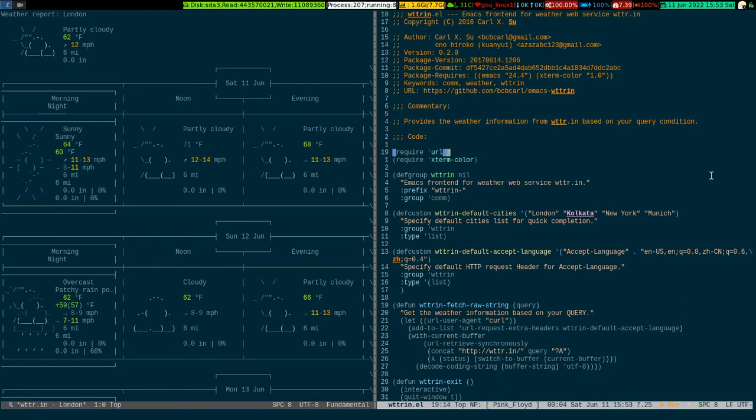Okay, so it has a dependency on URL and xterm-color, which have to be installed beforehand. That's why it is said to be required. And you can see you can enlist your city here in this array or list. You can provide your city as a space and then the name of the city in double quotes. So when you press G on the interface, the city names you have entered here